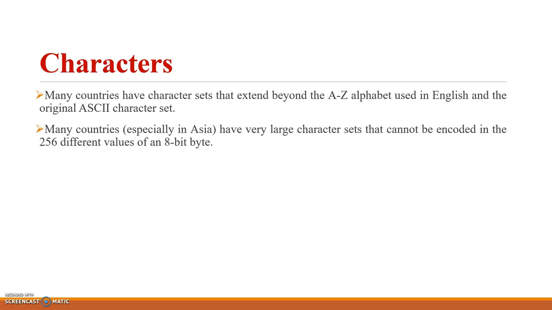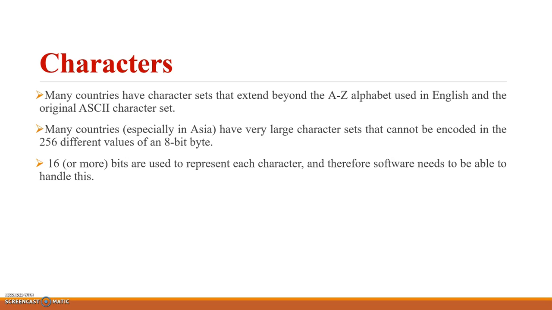Normally, when I develop any software, I may consider an 8-bit methodology where 256 different values will be there, but those are not going to be sufficient for me. So I have to go with 16-bit to represent each character.